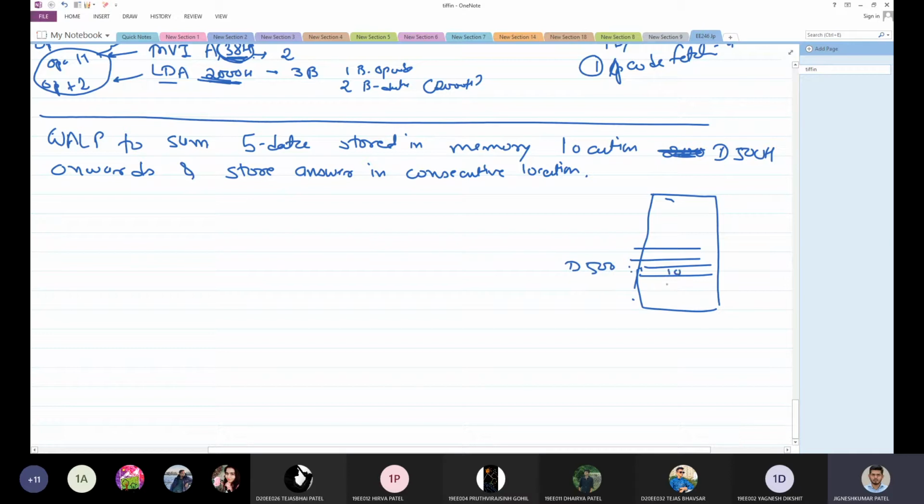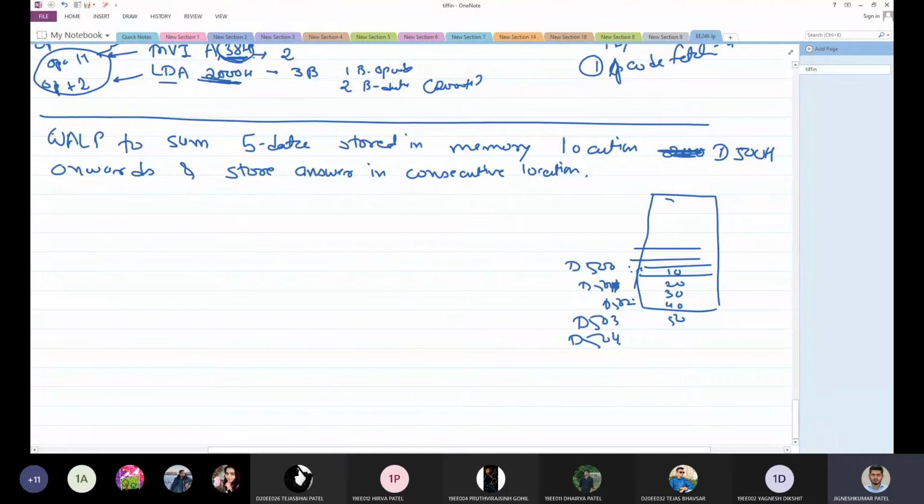Let us assume that data is 10, 20, 30, 40, and 50. Okay. So the locations would be D500, D501, D502, D503, and D504. This would be the locations.